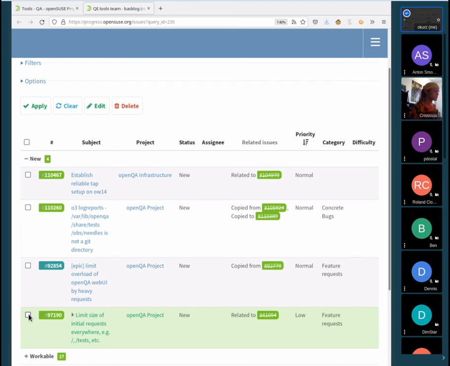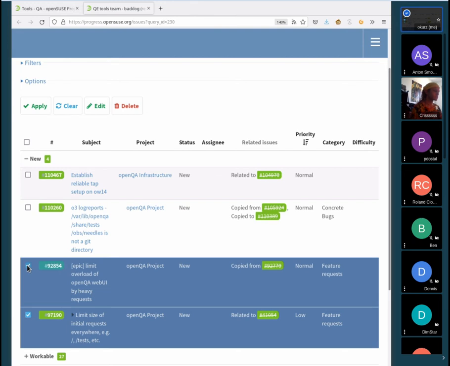And yes, we came up with that feature request, with that idea already a year ago, but we said, like, okay, we need to work on more important stuff. And now we found again an instance where we said like, yeah, okay, that would really help. So I was just putting that to the backlog, but we still need to estimate it. And that's linked to that epic to limit the overload of the openQA web UI by heavy requests. Sometimes it's just individual requests which time out, and sometimes it's actually impacting the instance itself, basically suffering from denial of service attacks, so to speak.